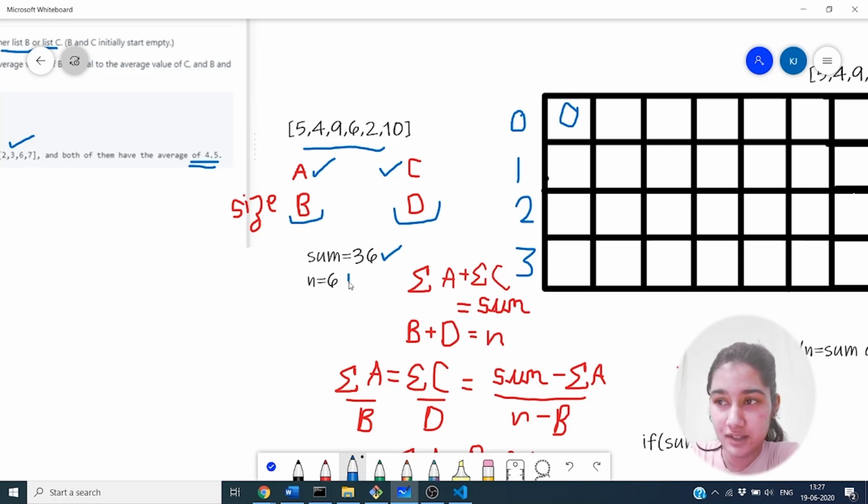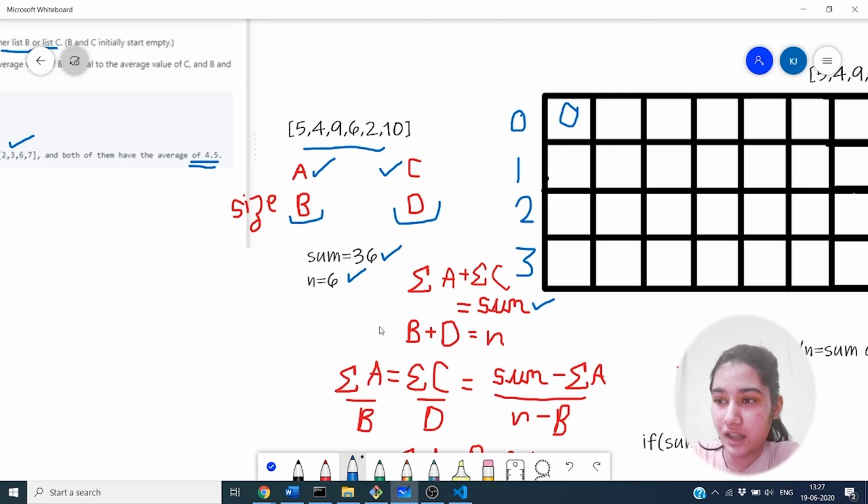The total number of elements is 6. Now if we look at the algebra for the conditions, the sum of all the elements in A and the sum of all the elements in C will be equal to the given summation of all the values in the array.